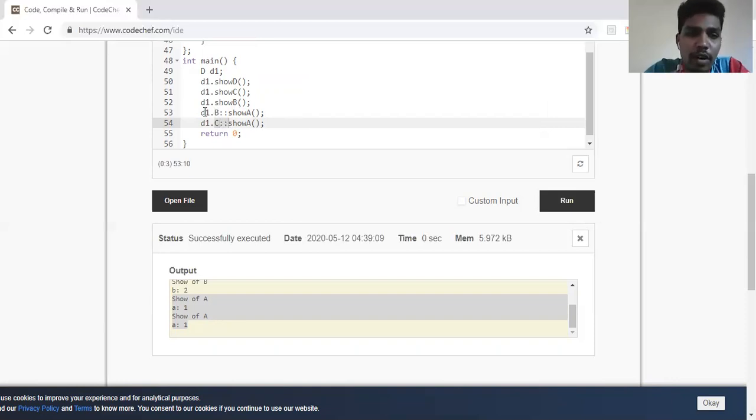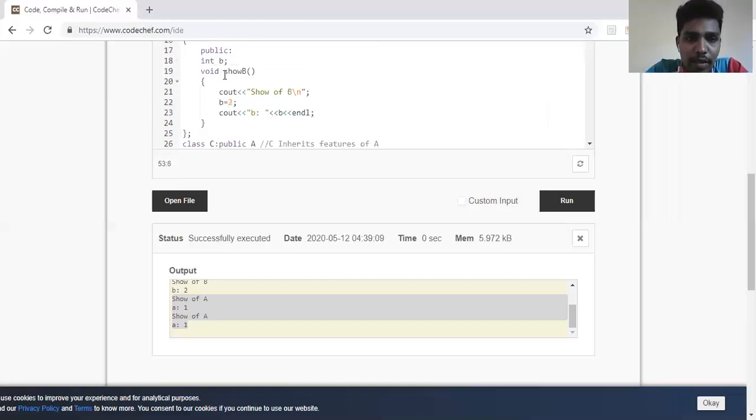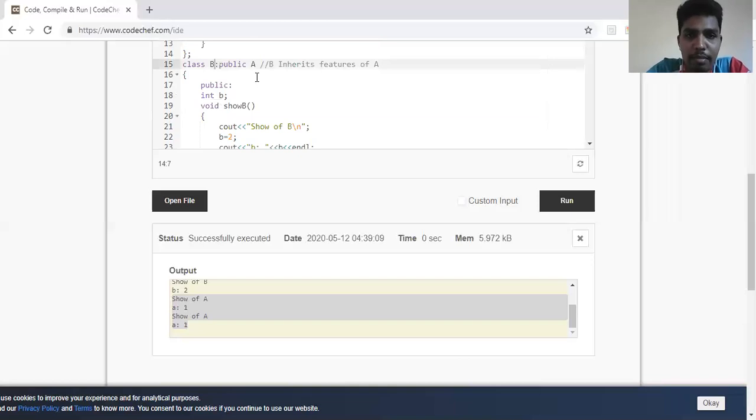One more way of avoiding this confusion is I should use the concept of virtual functions. I should use the concept of virtual. So when I am inheriting the B and C, what I'll do here is I'll tell B virtual A. So a new keyword you are actually encountering here, the virtual keyword.